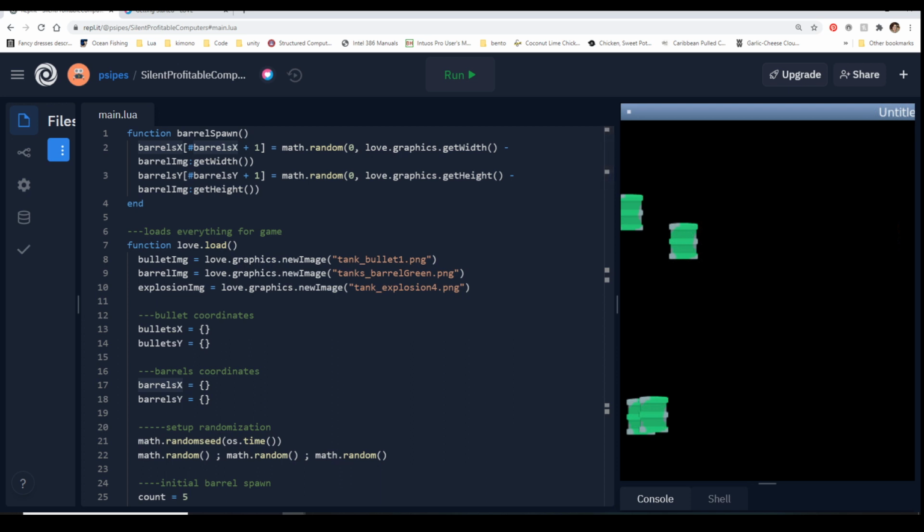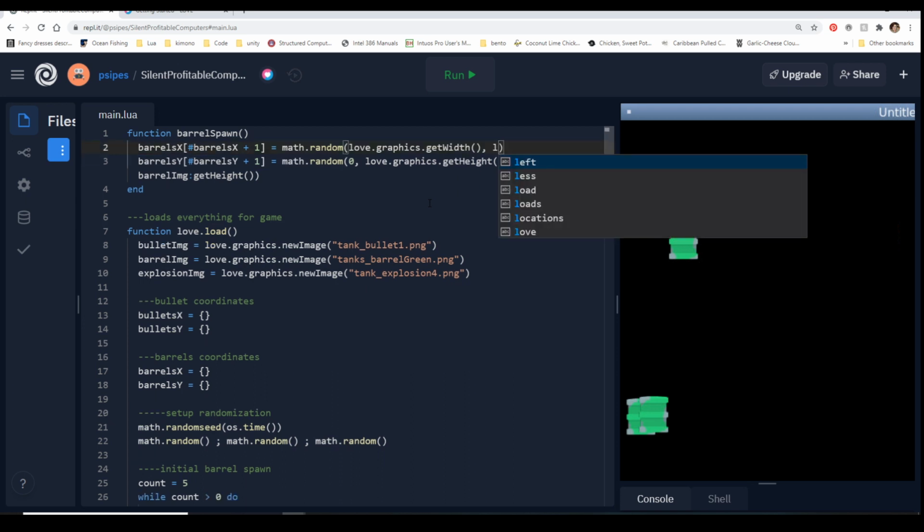So what we can do is we just have to say, okay, for the X, and we don't have to change the Y at all, we just need to change the X. We want the minimum to be the edge, and we want the maximum to be whatever we want it to be. It could be 1,000 off the screen, it could be 100 off the screen, it can be whatever you want.